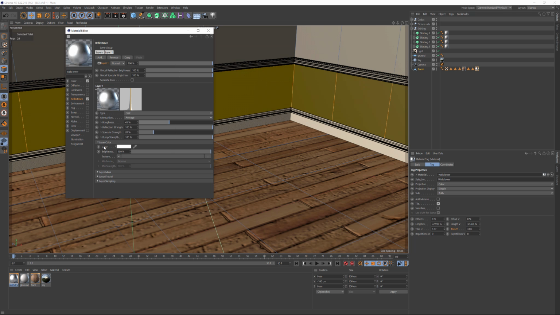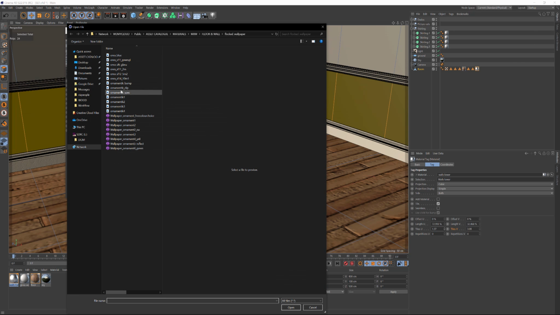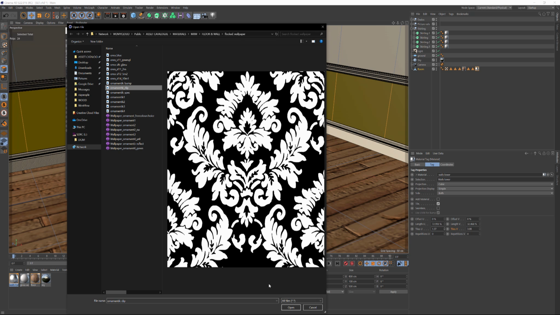The color, I'll just leave the color as white. Now for the layer mask, I'm going to add a texture, and I'm going to go back to that same texture folder. Now which one is it? It's going to be the clip, and what this will do is it will mean that the shiny parts, or the more reflective part, will be the kind of the flocked bit,